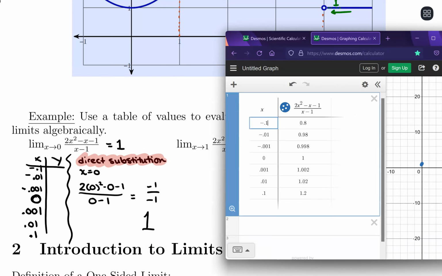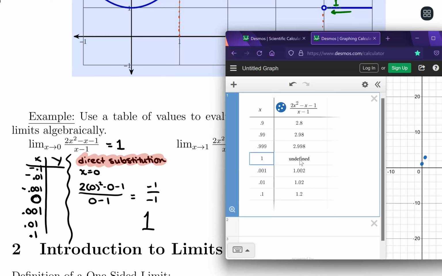Okay, so I'm going to go back to my table, and the function didn't change at all. All I'm changing is the y values. So I'm just going to go 0.9, 0.99, 0.999. And then we could actually see what's happening at 1, and as you'll see, it's undefined. And then we'll do a 1.001,